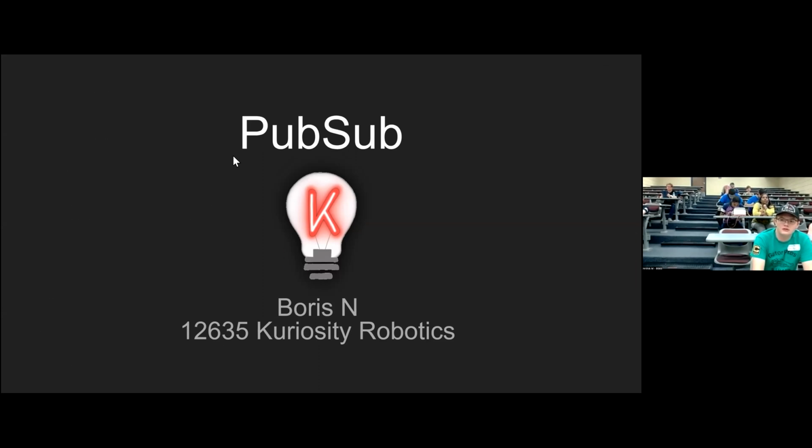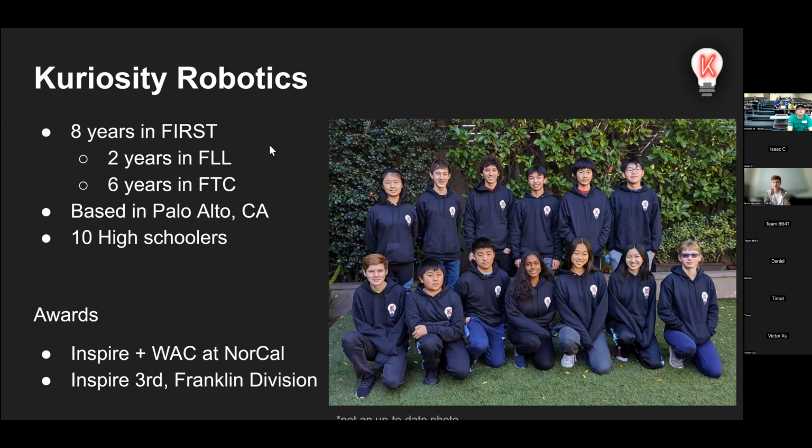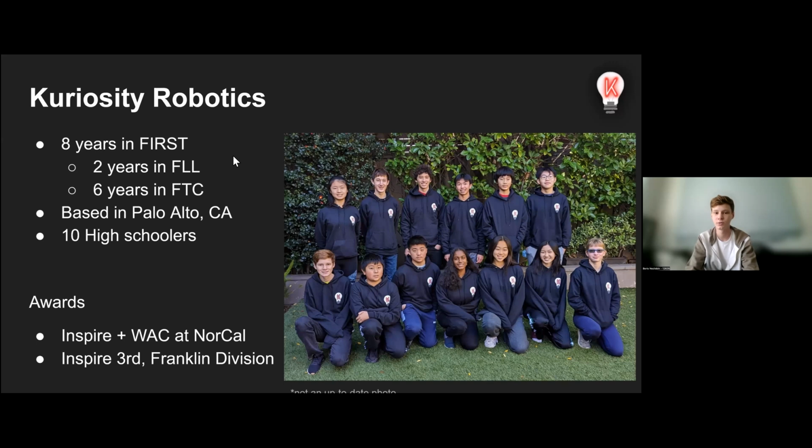We have spent 8 years in FIRST. This is going to be our 7th year in FTC, and as Technibots mentioned, we're based in Palo Alto, California. We're a student-led team. So we research our own projects, raise our own money without much help from our coaches. We pride ourselves on that, and we've actually accomplished a lot of things that we're very proud